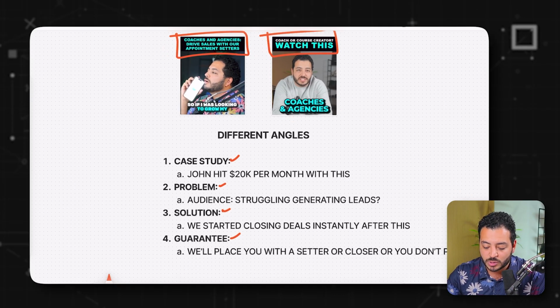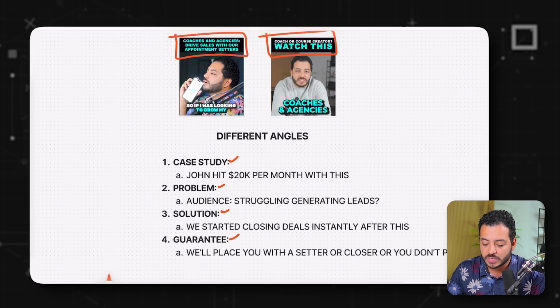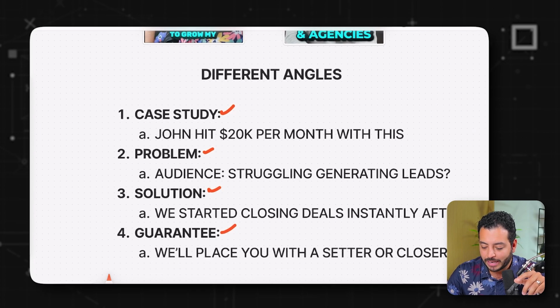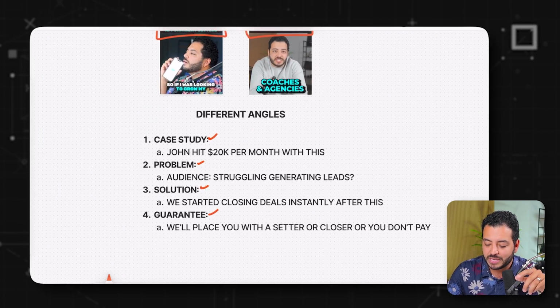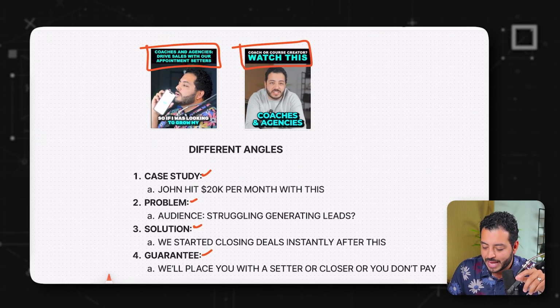And this is a really easy way to do that. I wouldn't just choose one of these things to do. I wouldn't do just the case study or just the problem. Guess what? I would just take the same video and do every single one of these, because they're going to all take a different segment of the market. And then you have a bunch of different angles to test, right? You turn one ad into 4 by literally just changing out the headline of that. So when I'm saying banner, you would basically put this text, right? This text,